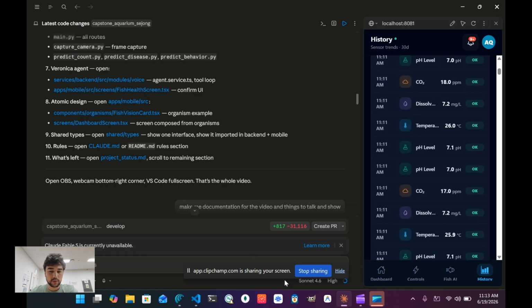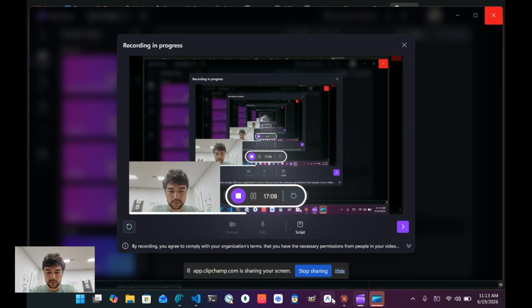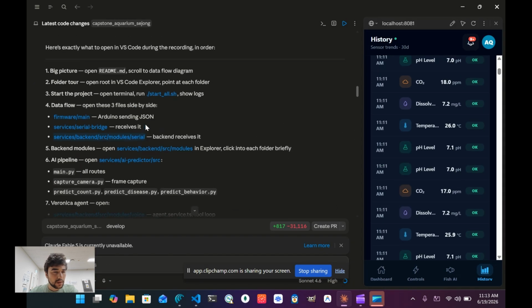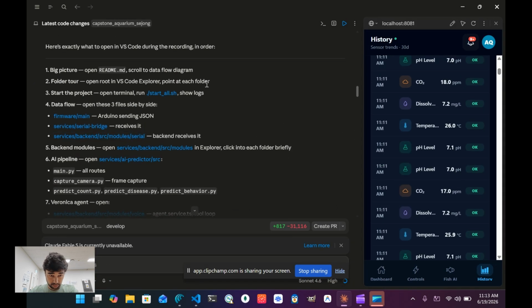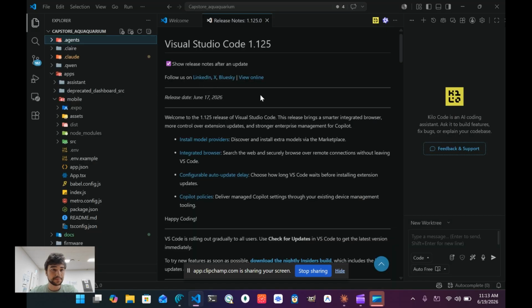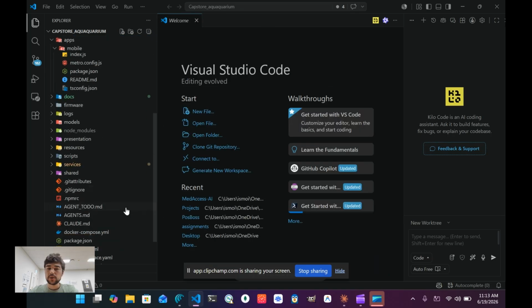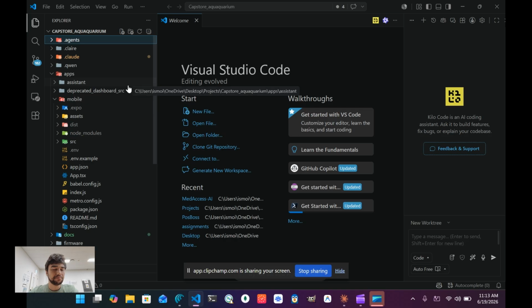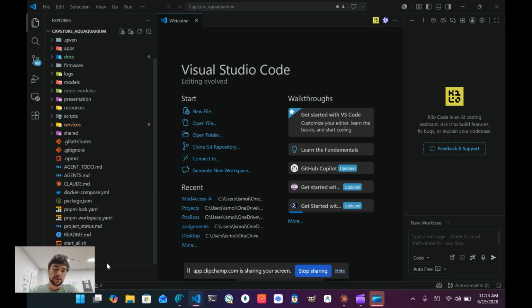Okay, now let's move to, okay, what should I do now? Okay, let's go to VS Code here. Okay, let's move on. Close everything. So I really recommend that whenever you are working on a project, software,